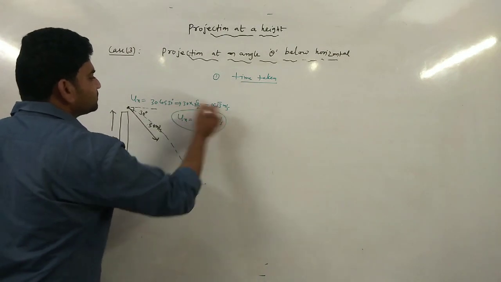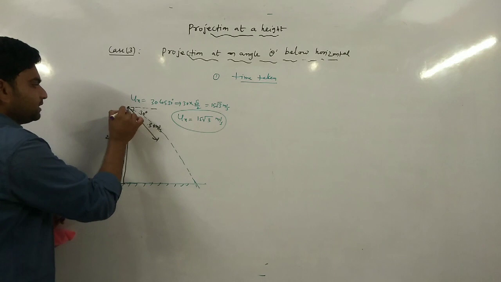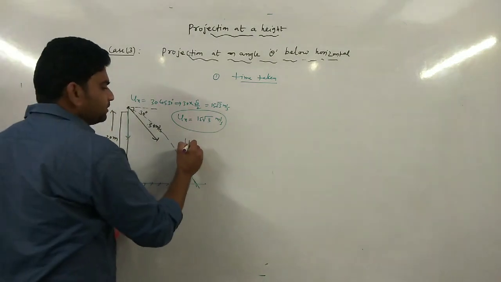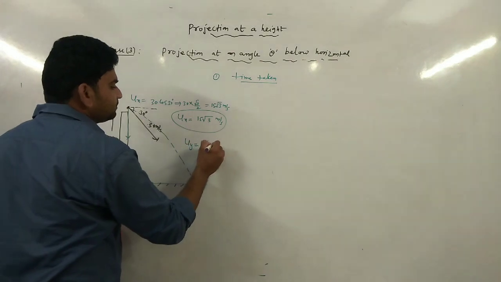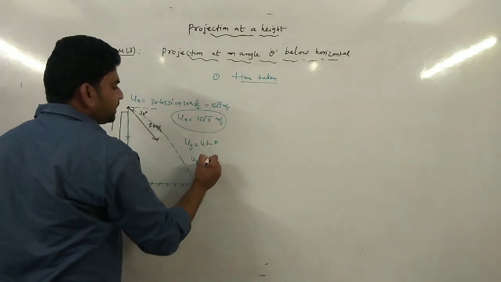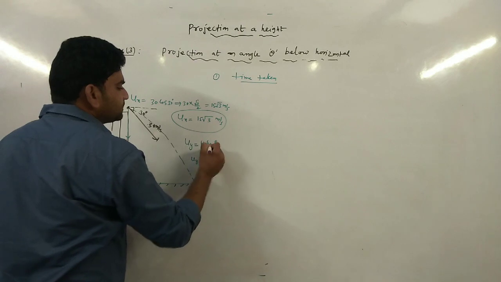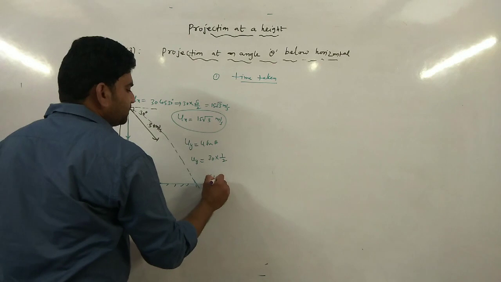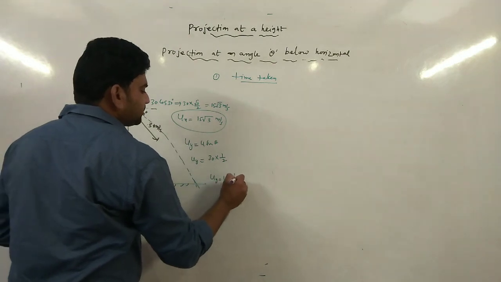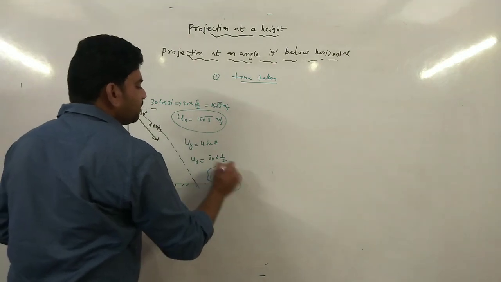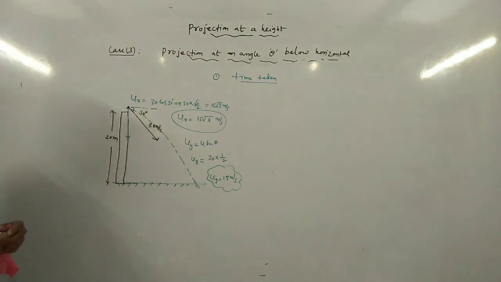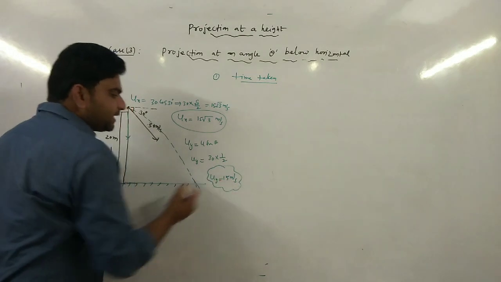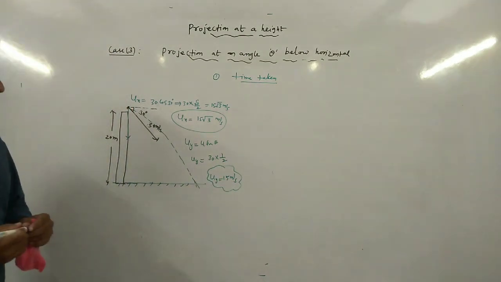This is horizontal velocity, initial velocity. Similarly, we are supposed to calculate vertical velocity, that is initial vertical velocity. Uy is nothing but u sin theta. Uy can be written as u is 30 into sin 30. Sin 30 is 1 by 2. So from here Uy becomes 15 meter per second. So we got Uy value and Ux value, but as Uy is acting in the downward direction, we need to take it as minus 15 meter per second from the sign conventions.